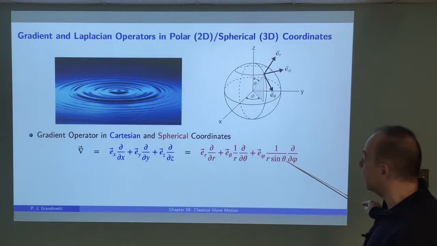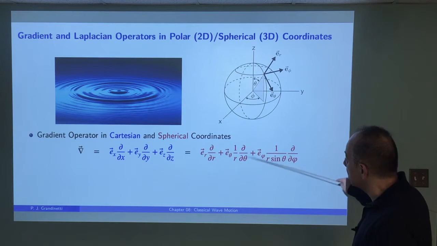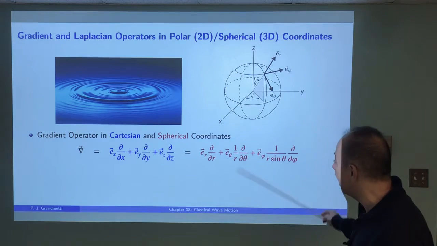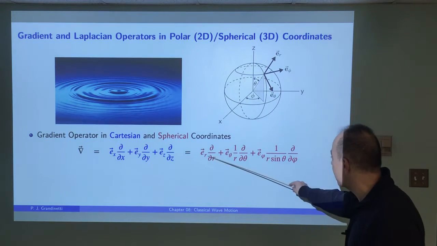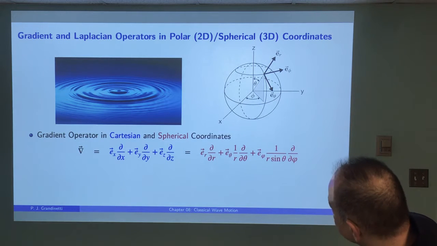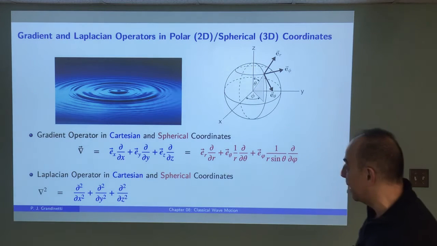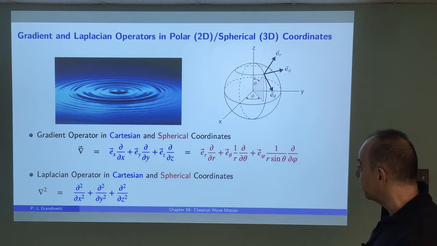So sine of 90 degrees is just 1, so that term just becomes 1. And of course, if theta is constant, then that term would just go away. That's what you would have for the polar case: just that term and this term with theta equal to 90 degrees. Now, the Laplacian operator, which we learned is given by that expression in the Cartesian coordinate system,